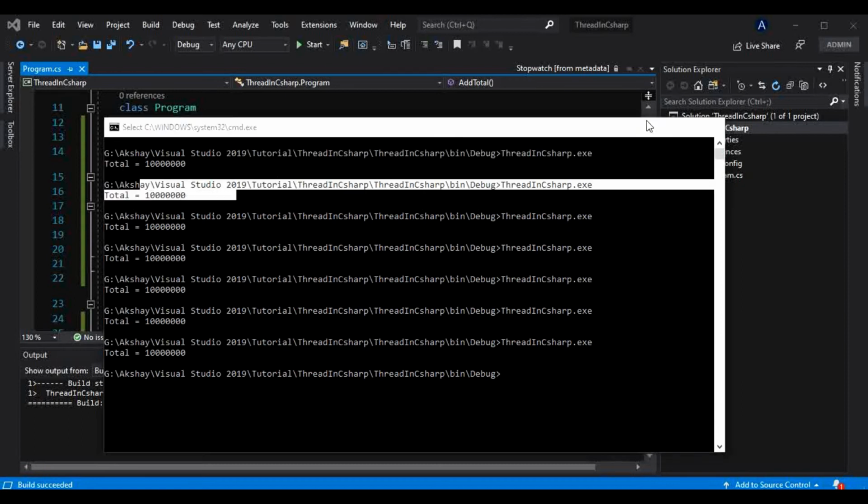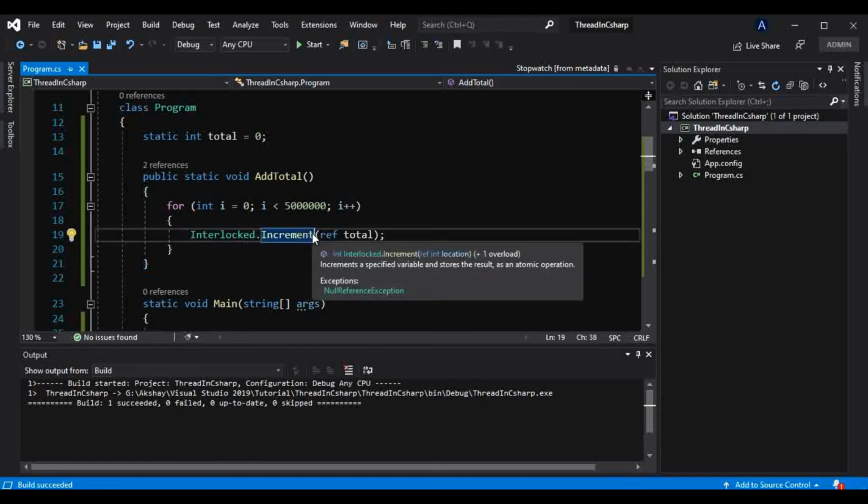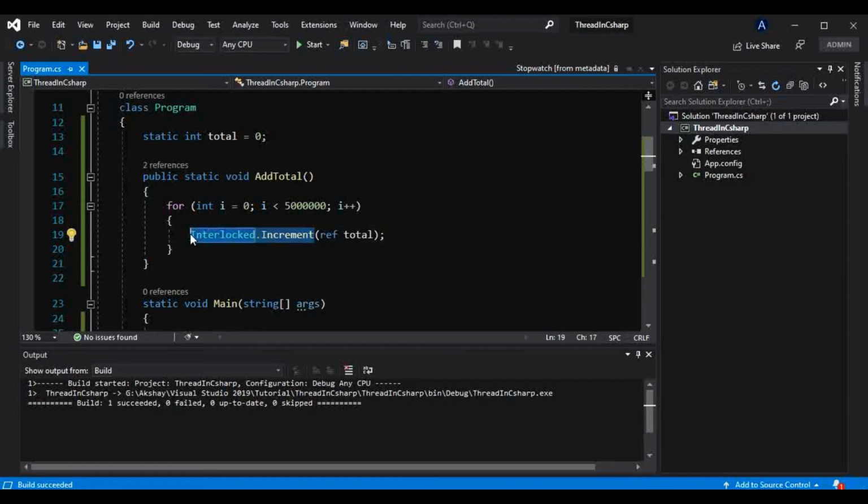And why is that so? Because we have used Interlocked.Increment, and what it is doing is allowing only a single thread at a time to use this method and to increment this total by 1. So we have made a thread safe application now. This is a thread safe program we have just created.